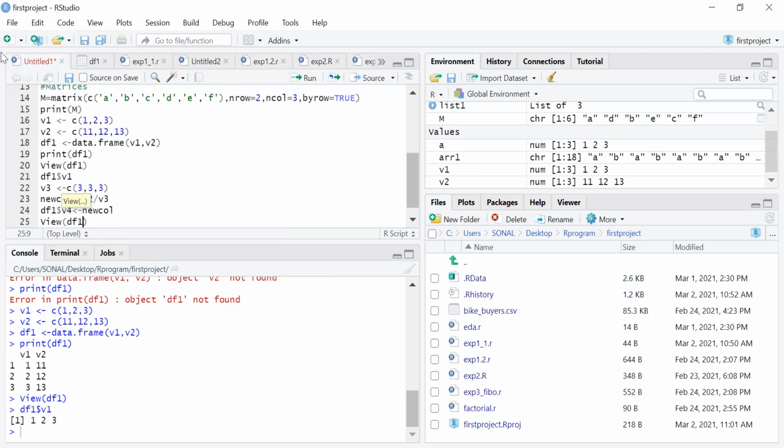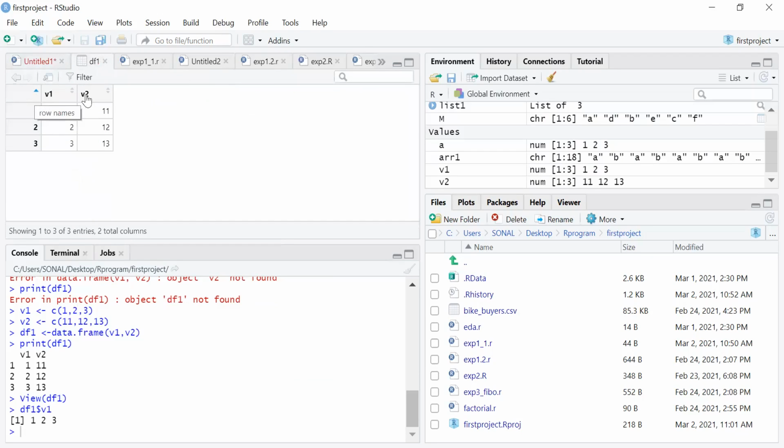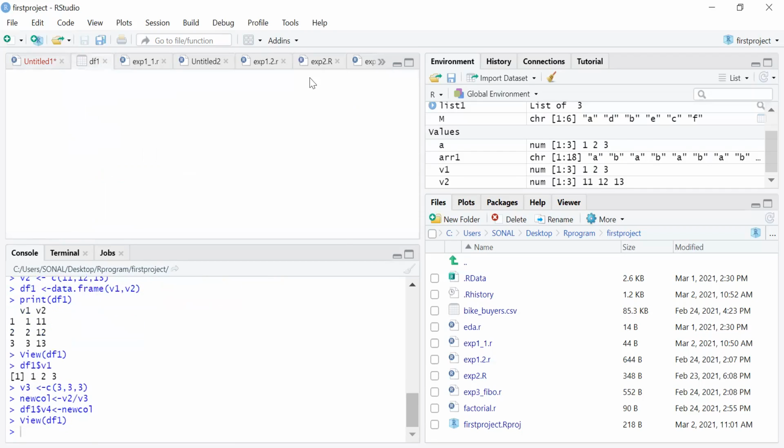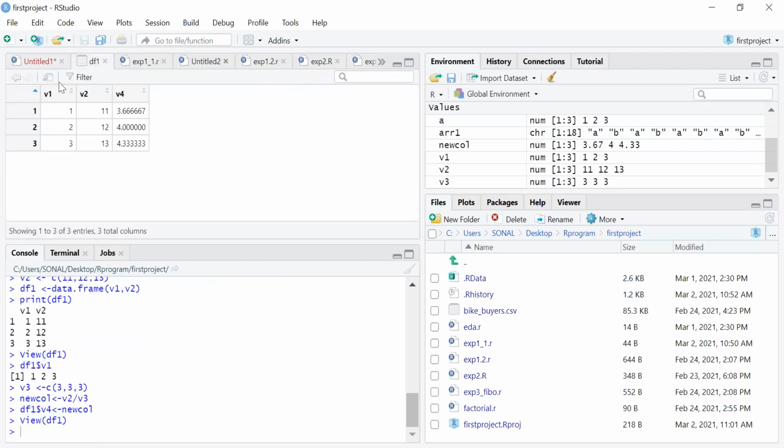Earlier you saw df1 had two columns, v1 and v2. Now I took another vector, took the ratio of it and inserted the final value into the data frame. So here we get the final data frame after inserting the new column into it.